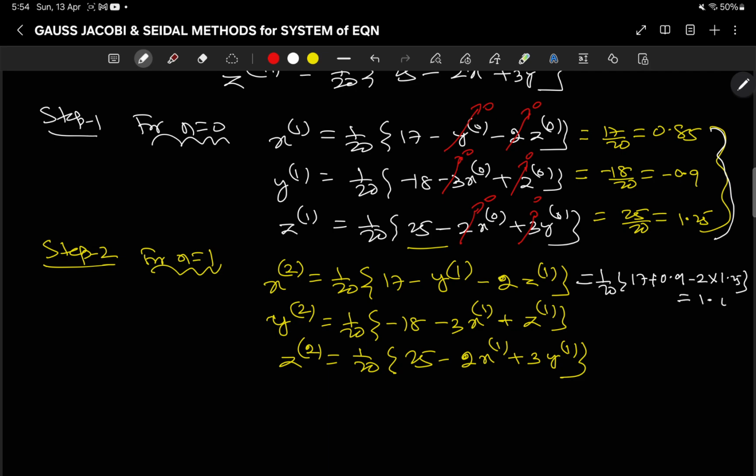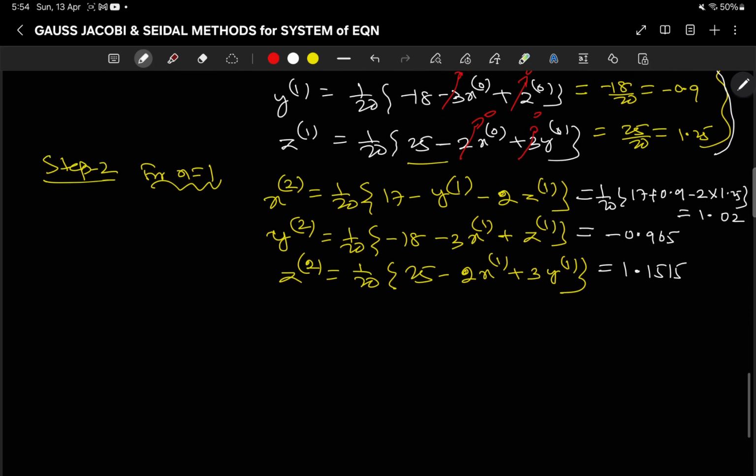It is 1.02, and at this step similarly this will be here minus 0.965, and next will be here 1.1515. If you continue this in your step 3, for n is equal to 3, we have x3 is 1